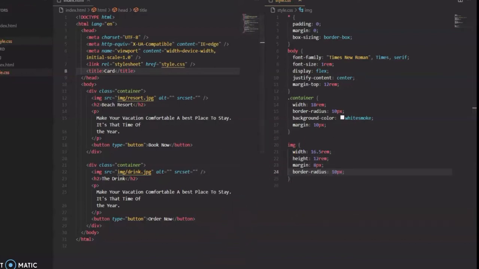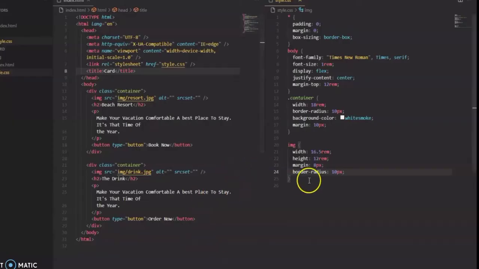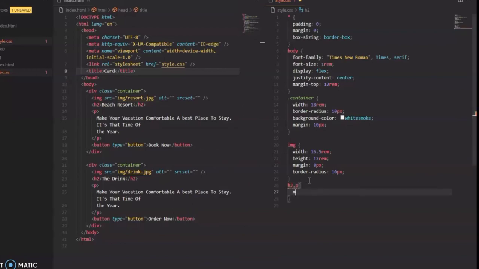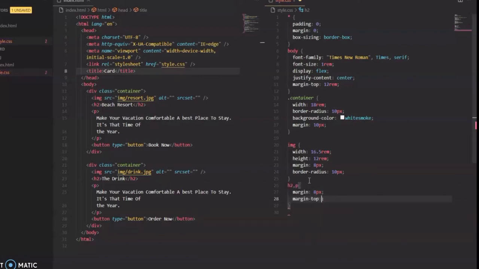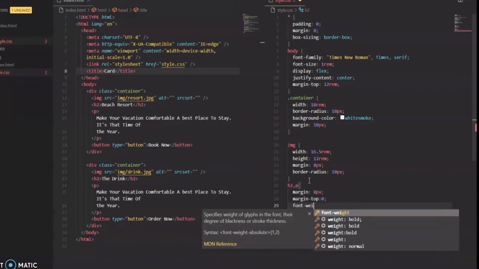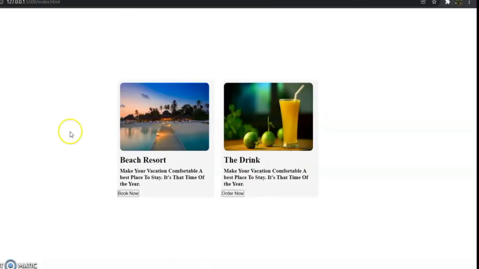So now let's see the output, and you can see both the images are in the same size and shape. Now here we will add some space between the title and our description. Let's see the output.